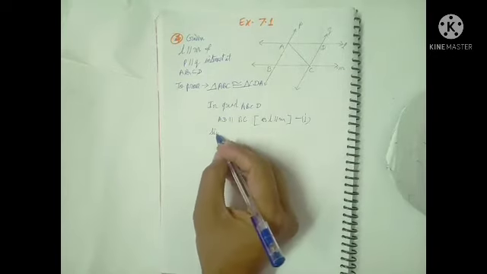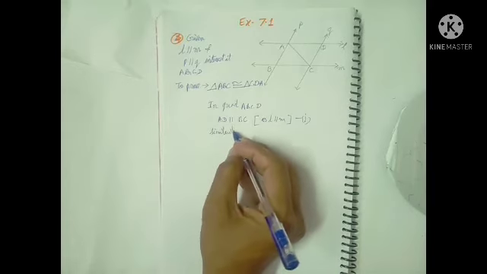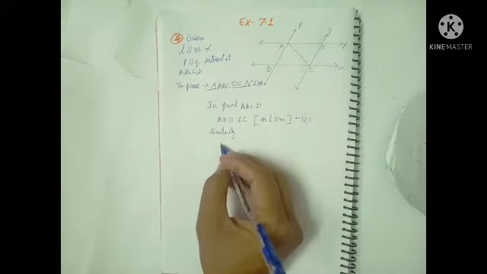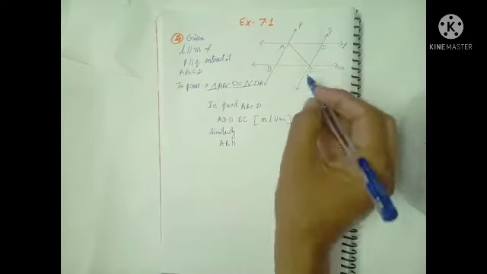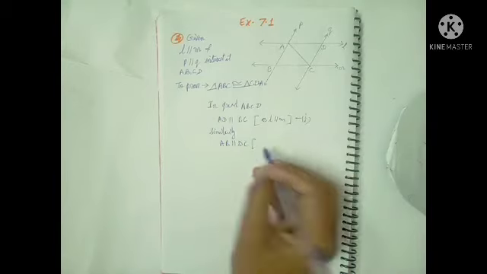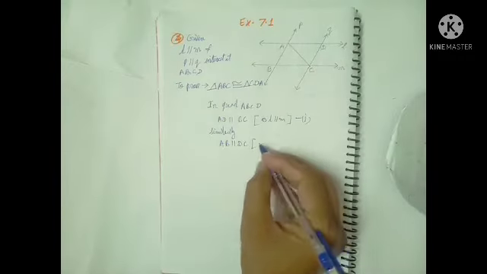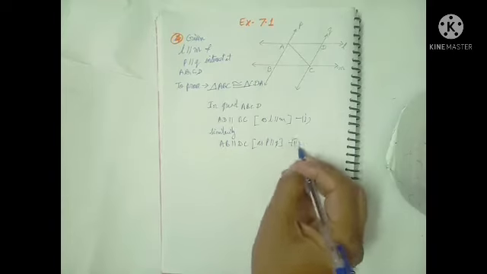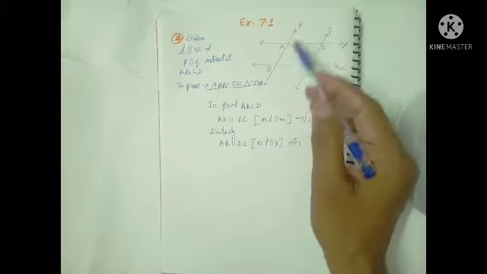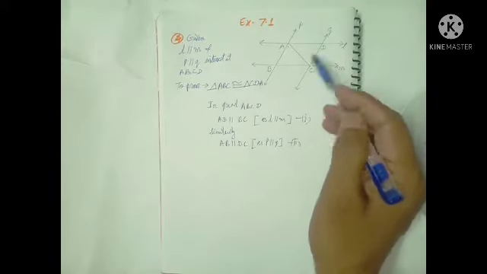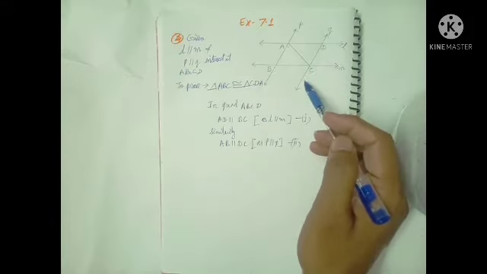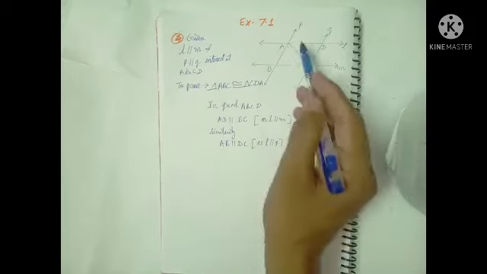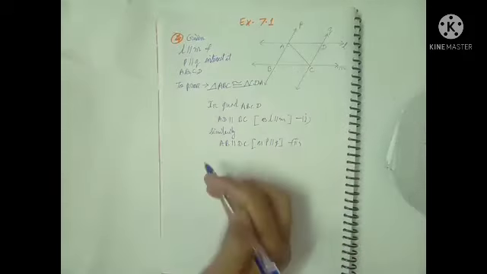Similarly, you know that AB parallel to DC. Why? Because P parallel to Q, that is given here. See, because AB is a part of line P, and DC line segment is a part of Q. So now you can see in the quadrilateral both pairs of opposite sides are parallel.